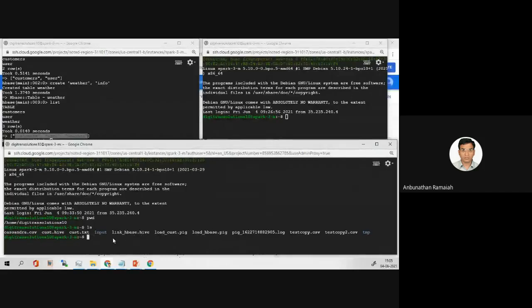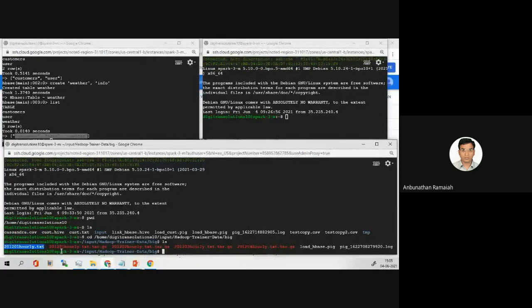After that, we go to this path with cd. You can see here there is something called big data basically.